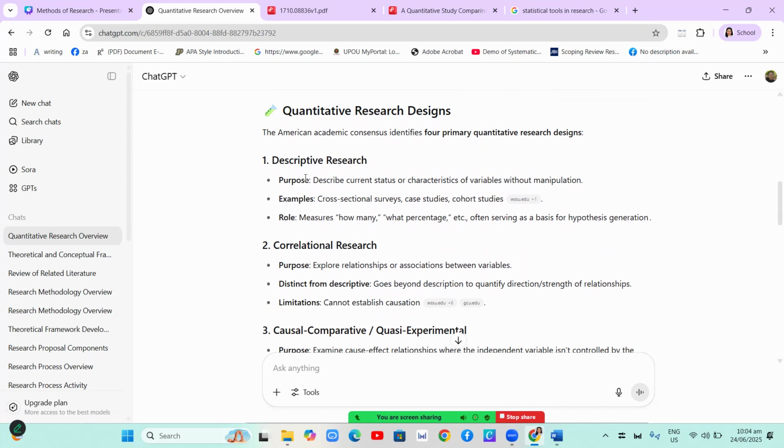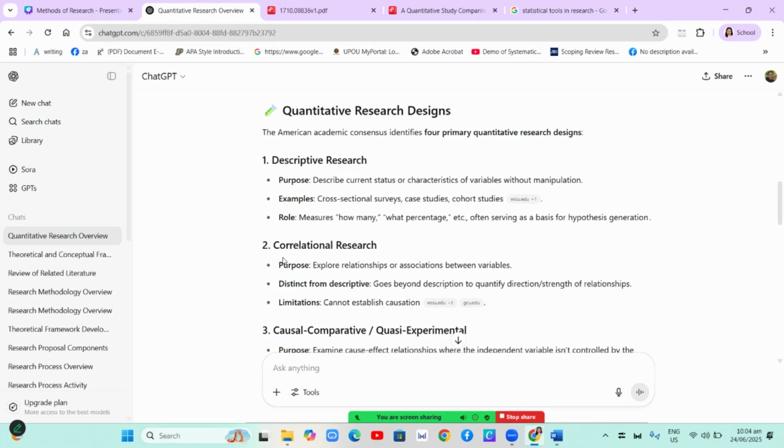So, you will just describe the current status or characteristics without manipulation. For example, you will use cross-sectional surveys, case study, and cohort studies. And the role of this descriptive research is to measure how many or what percentage and etc., often serving as a basis for hypothesis generation.